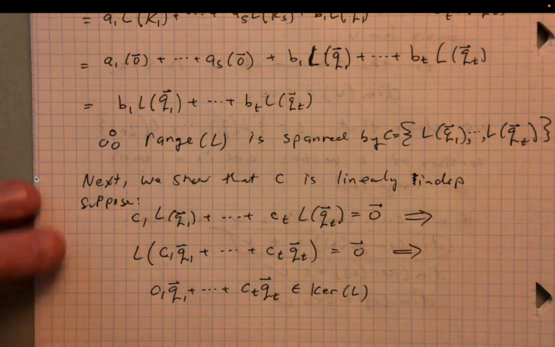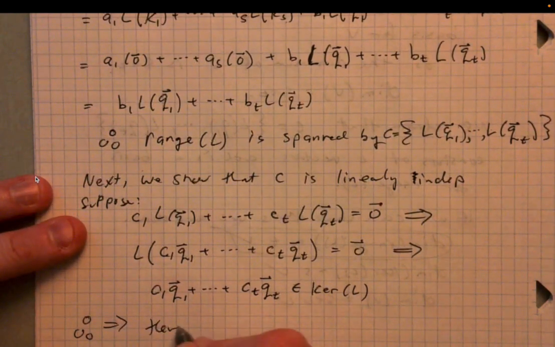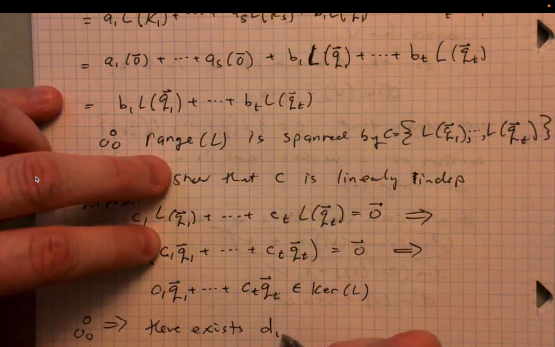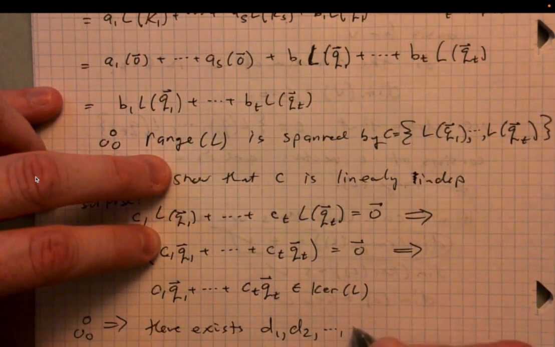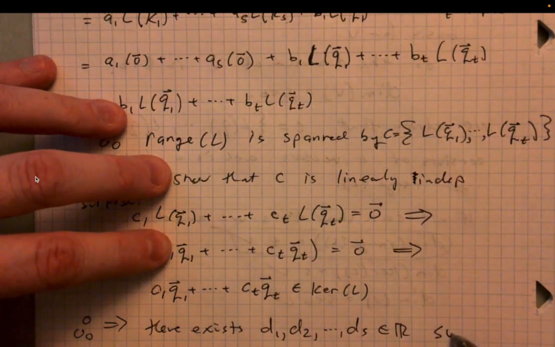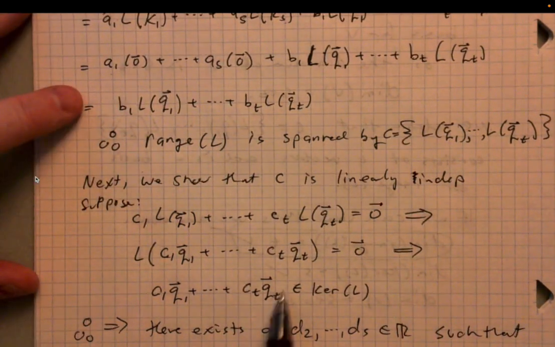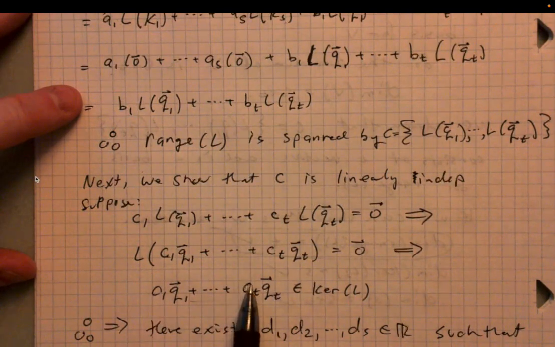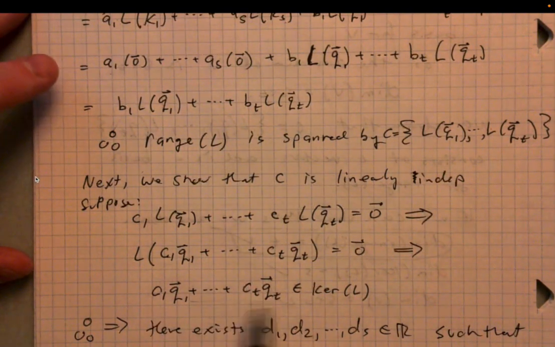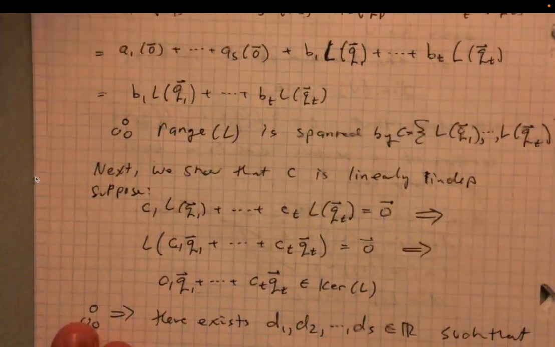Okay, and so what does that mean? Well, that implies that there exist D1 through DS, real numbers, such that, well, this guy here can be written in terms of the basis for the kernel. Okay, so we're going to flip pages here. And